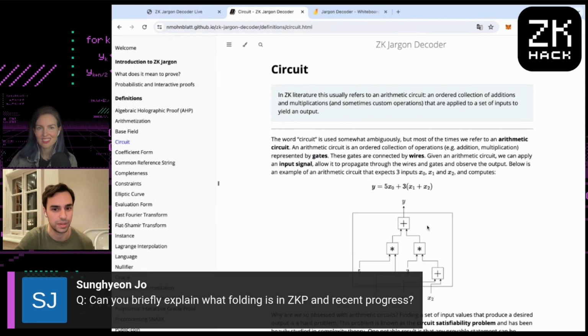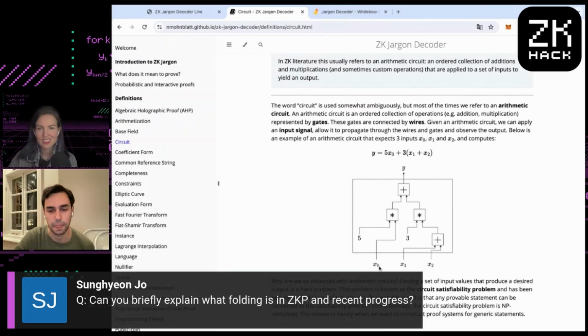So in circuit land, let's say we assign specific values to x0, x1, x2, and y. And we assign, I don't know, 10 different sets of these values. We can fold them all into one single circuit and prove that circuit. Recent progress: we have a bunch of different variants of folding, I guess. And the progress is usually in how many things can I fold together, or how fast can I fold 2 things together, or what kind of things can I fold?